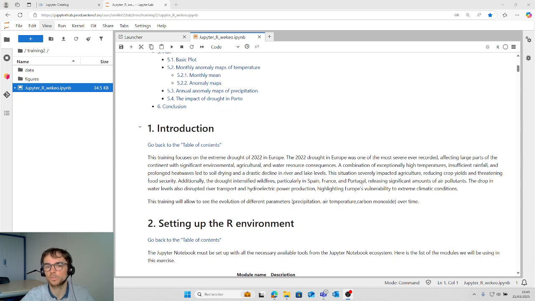So this training focuses on the extreme drought of 2022 in Europe.